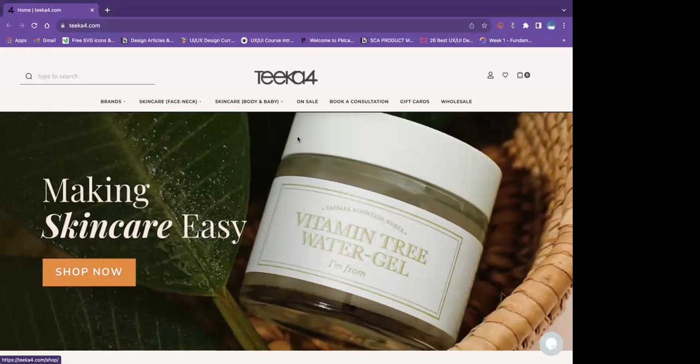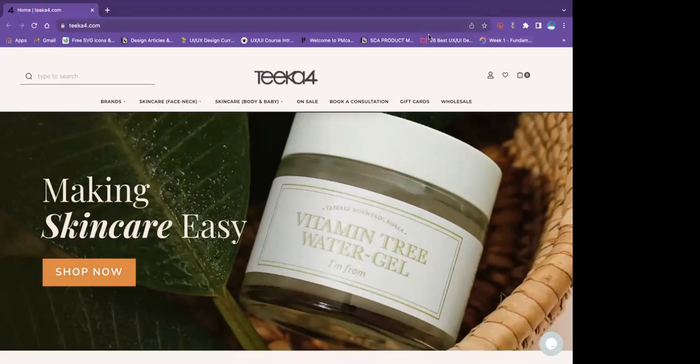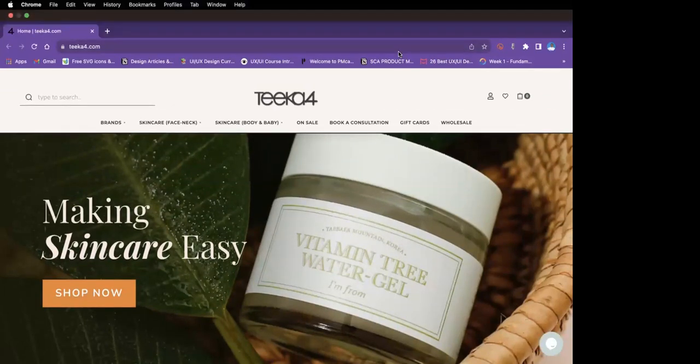So for the content of the general website, they used familiar words, and there were phrases that you can easily navigate through to understand. Apart from the fact that it's a skincare website and there are some names people might not be really familiar with, I feel like everybody who uses skincare can just browse through it and understand. But apart from that, every other thing there, I feel like they used familiar words that every user can understand. Then the call to action button,